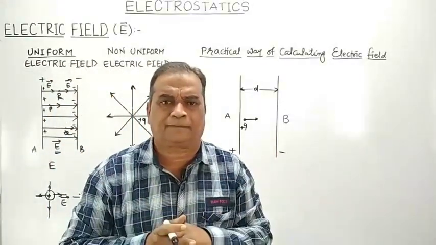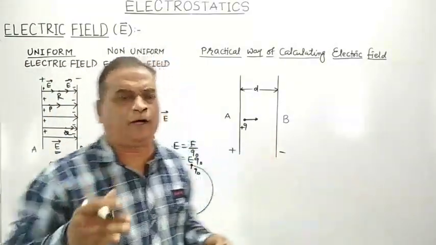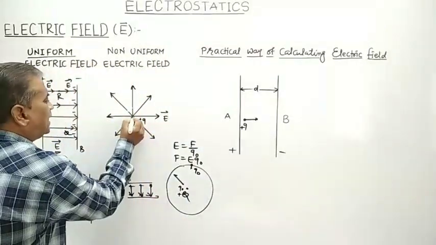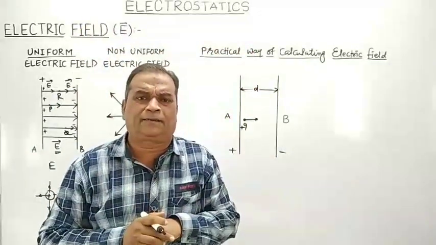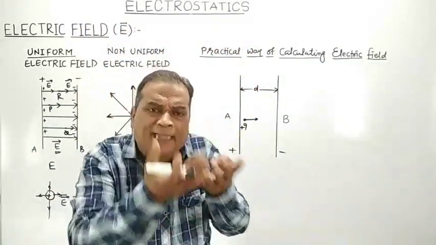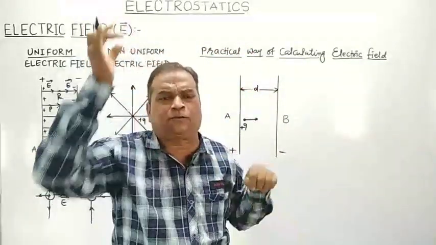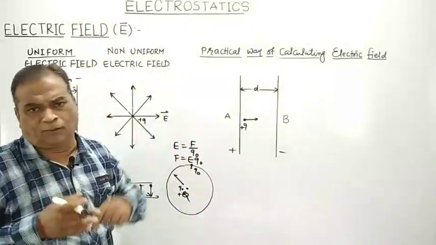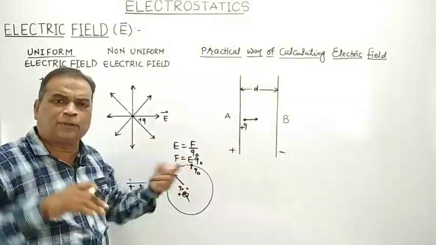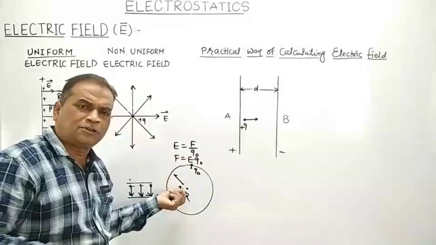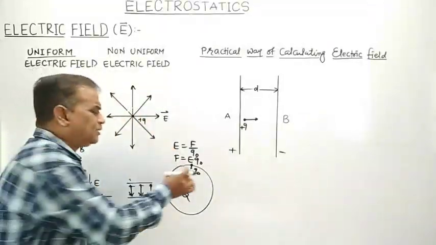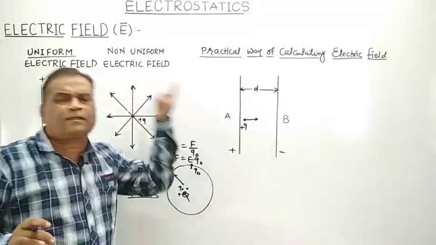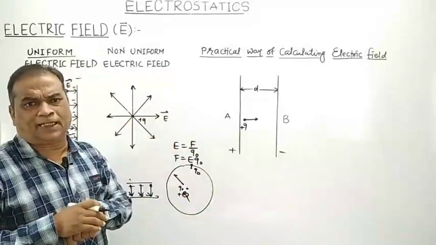Means the electric field produced by a charge is non-uniform. That given charge will produce a spherical region to its surrounding, and in that spherical region a test positive charge will experience a Coulomb force. That Coulomb force will be stronger when the test positive charge is brought near to that given charge. It will be weaker when the test positive charge is what? Somewhat at a longer distance from the given charge. So remember,